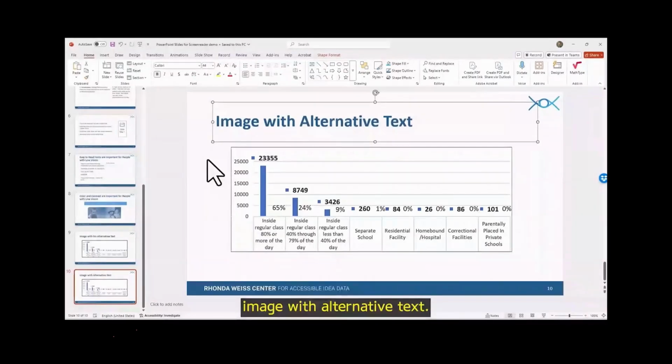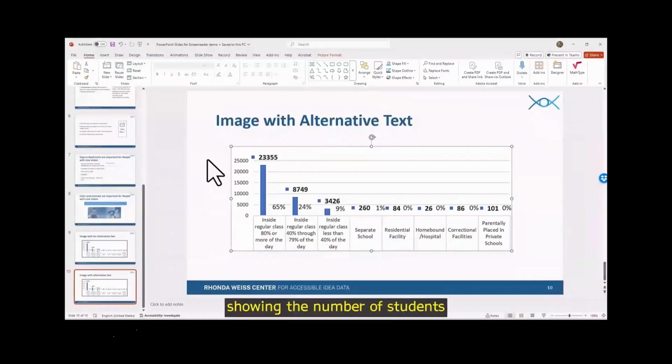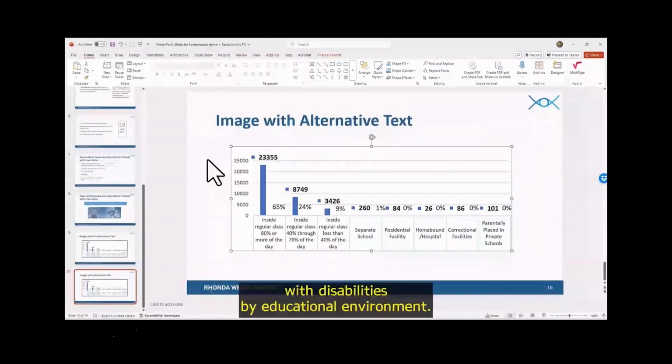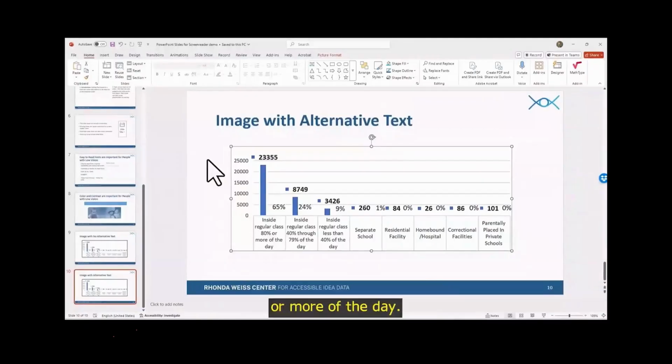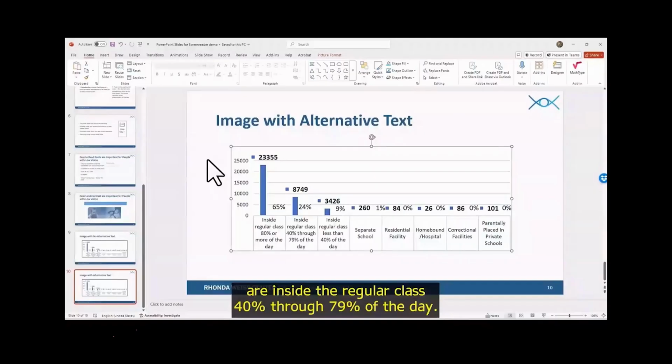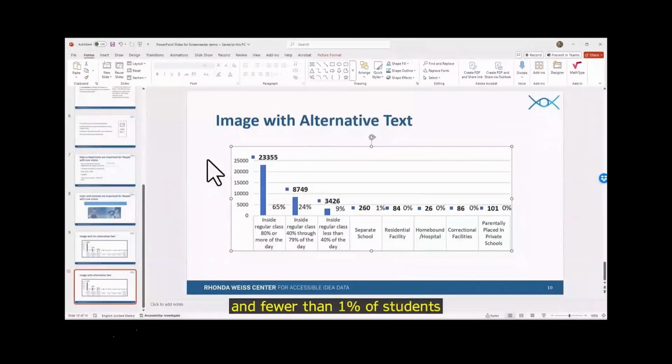Okay, so I go to the title. Now listen carefully as I tab to this table now that has alternative text. Picture, a bar chart showing the number of students with disabilities by educational environment. The chart includes the following breakdown: 65% of students are inside the regular class 80% or more of the day. 24% of students are inside the regular class 40% through 79% of the day. 9% of students are inside the regular class less than 40% of the day. 1% of students attend a separate school, and fewer than 1% of students are in other environments outside of the